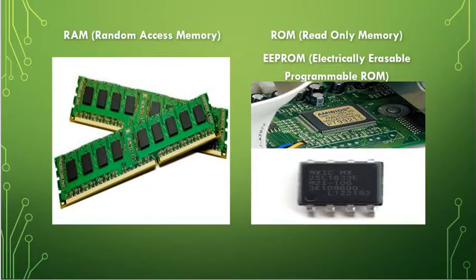And then another thing that we have to clear at the beginning is that RAM and ROM are two different things. It's true that their names are very similar, but they're two different things. RAM stands for random access memory, and ROM stands for read-only memory. So random access memory is the stick that goes on your motherboard, but ROM can be anything, but mostly it is like a chip, and one form of this chip is EEPROM, electrically erasable programmable ROM, and it is used as the BIOS chip on your computer, and it does a totally different work from your RAM,